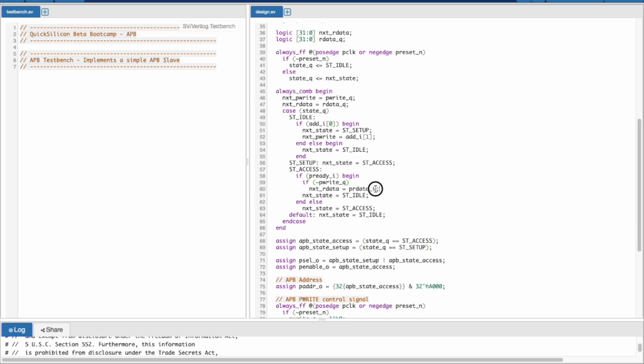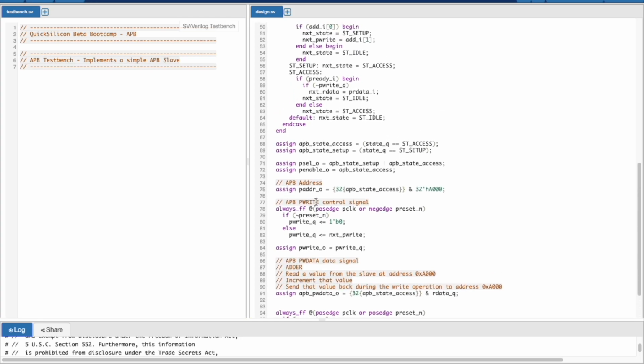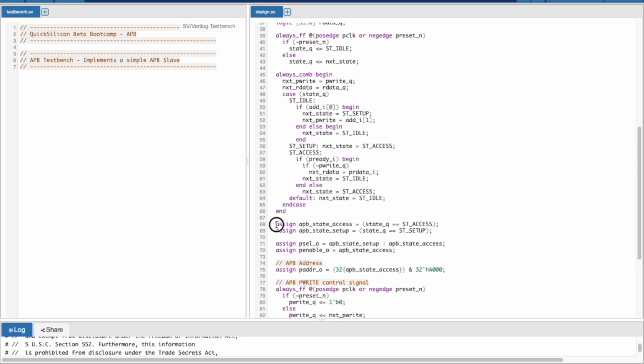And then we have additional logic to capture the read data. So whenever your pwrite is 0, we capture the read data and store it in the next read data flop, which is implemented right here, so that we do not miss the read value which was returned, and we will make use of this read value when we are doing our write transaction. So I'll explain that real quickly. These are the two signals which tell us in which state we are currently.